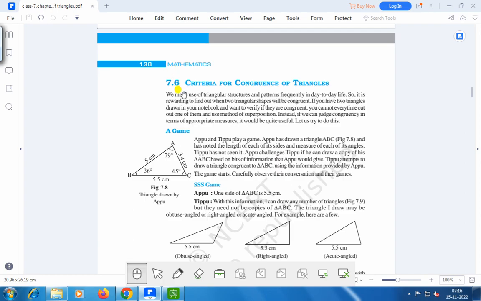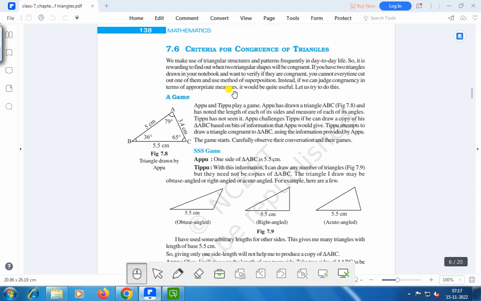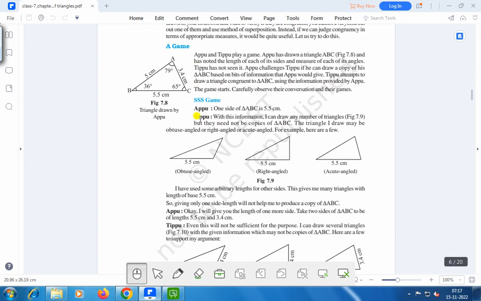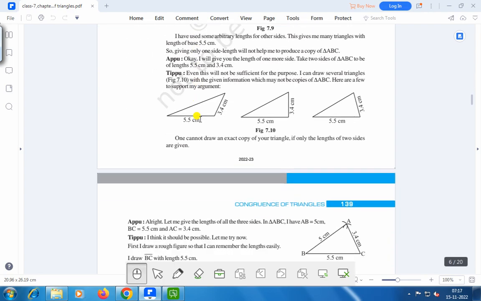Hello everyone. Today I'll discuss the criteria for congruence of triangles. The first congruence rule is side, side, side. What is that? Suppose here you see